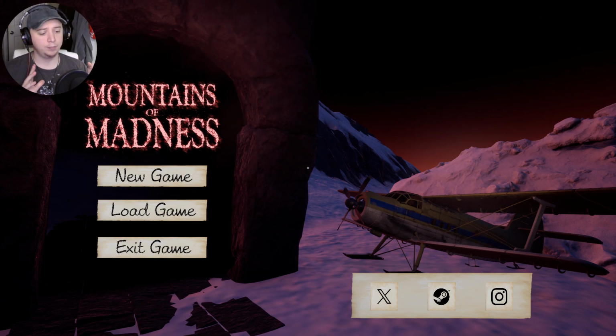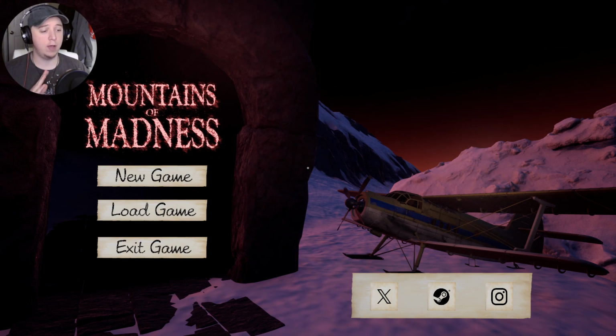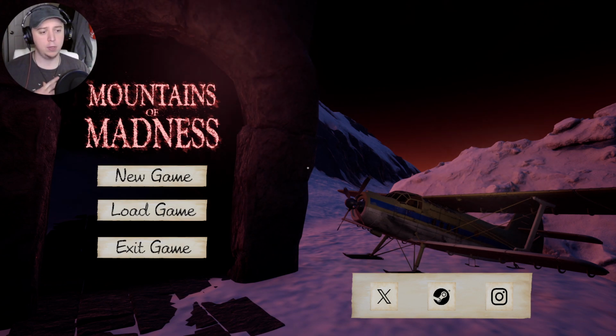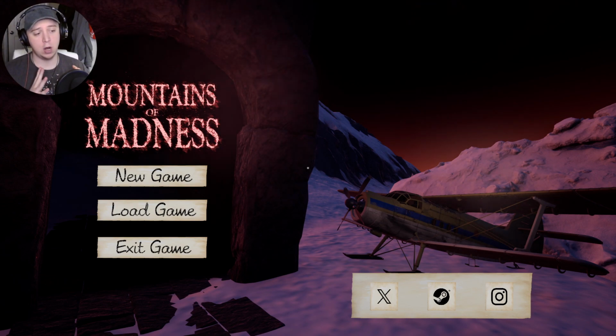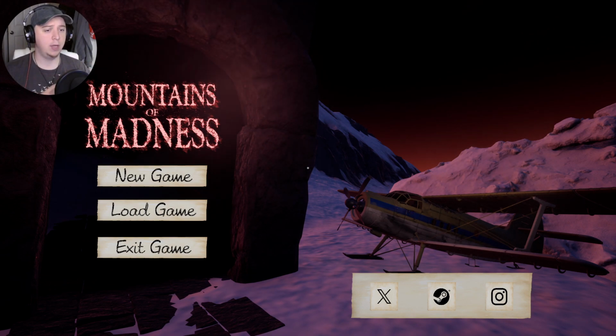Maybe have even a progress bar in there, like you've gotten this many notes out of this many things you can look at, like, oh, 5 out of 5 notes for this level. Something kind of cool like that. I think the inventory can be expanded upon a little bit. It wasn't terrible. It functioned, like you opened it up and you got items out of it. So I'm just saying, I think it could be expanded upon maybe to fit the theme of the game a little bit better.